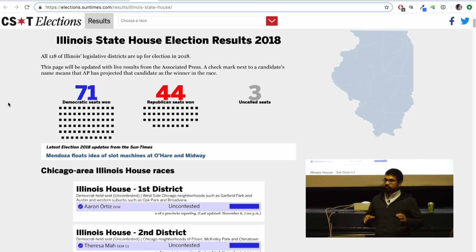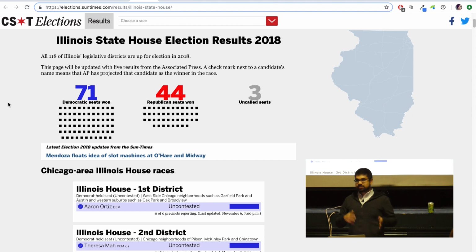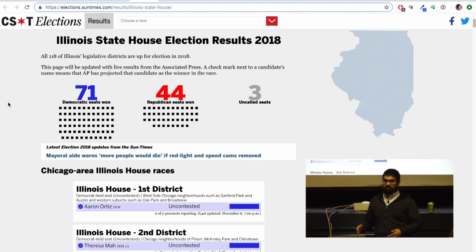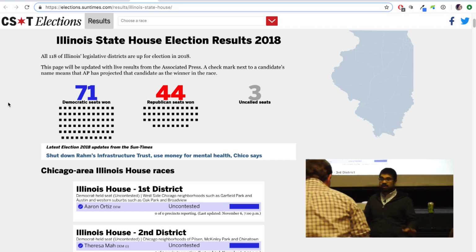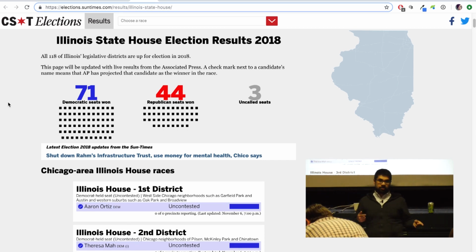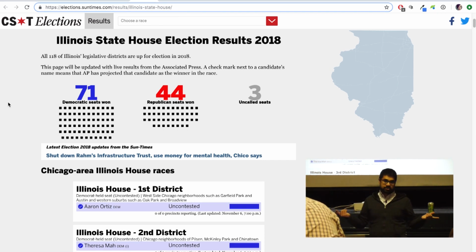So the moral of the story from election night was, as a local newspaper, the focus should not be on making sure you can keep up with everyone else, but filling the hole that no one else is filling. If I get to do this again, where there are state house races, I will focus more on the local races. And actually I started working on the next election, which is in February in Chicago. So I could get really granular, local, and do some cool stuff with that.